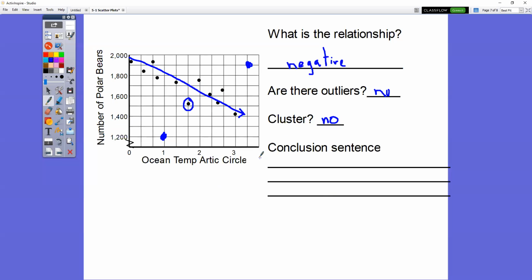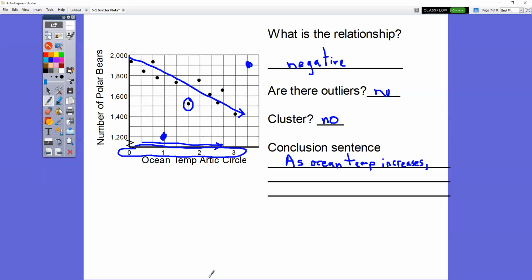Now, sometimes instead of having you do an estimate, sometimes what they're going to have you do is write a conclusion sentence. So they want to know, what is the graph doing? Well, as we go from left to right, just like we read a graph, notice that our ocean temperature is increasing. So as the ocean temperature increases, because we're going from left to right,